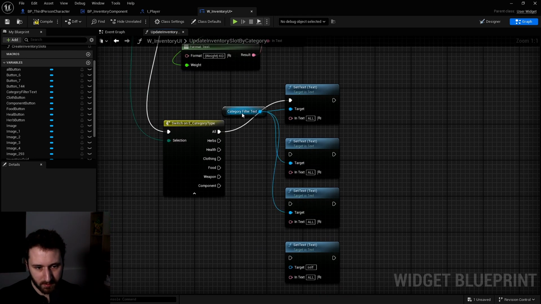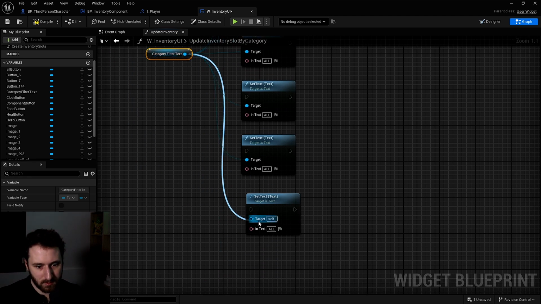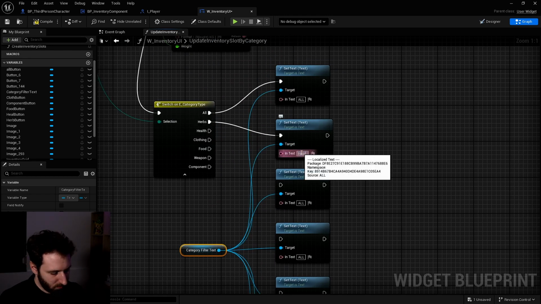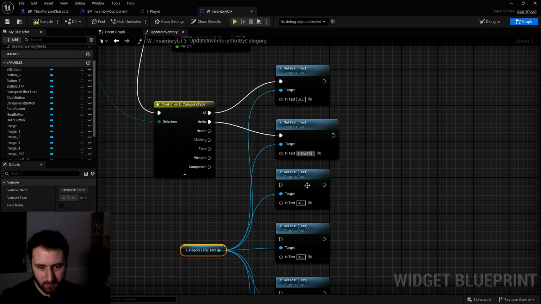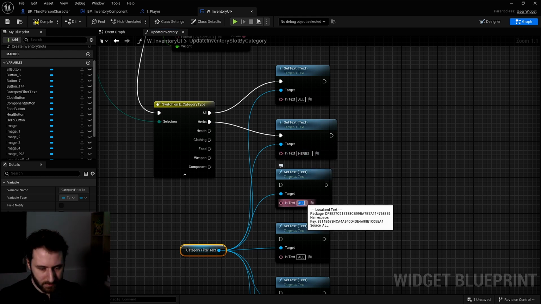Okay. Need to plug the target everywhere. Up to be the category filter text. Tac, tac, tac, tac. This will be for the herb, so it should be elf. Let's put it full caps. Elf. Now it's the herb, so let's put herbs. In here, let's put elf.